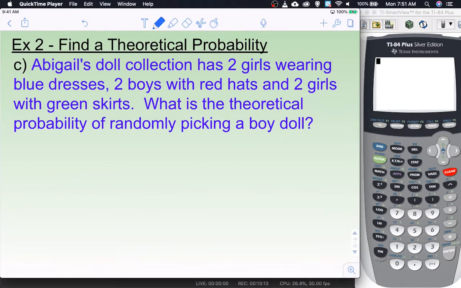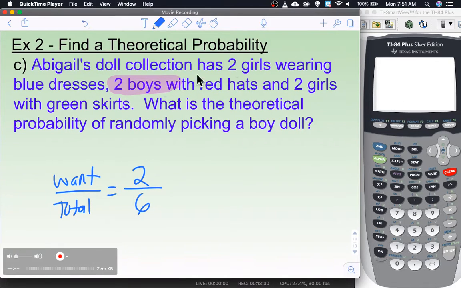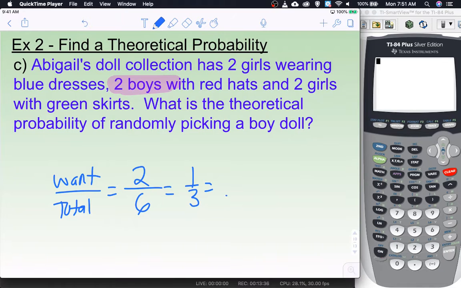Okay, theoretical probability of getting a boy doll, the thing we want over our total. So we want a boy doll, and there are 2 of them. Those 2 right there are the only 2 boy dolls, out of a total of 6 dolls total. There's 2 here, 2 here, and 2 here. Simplifying our fraction gives us 1/3, which is 0.33 repeating, which is